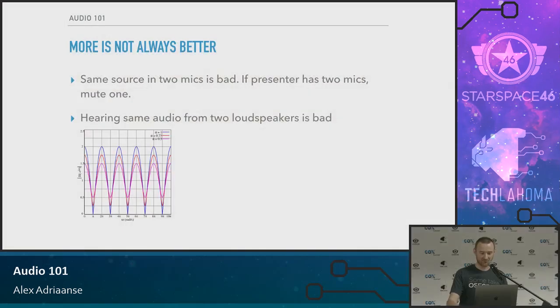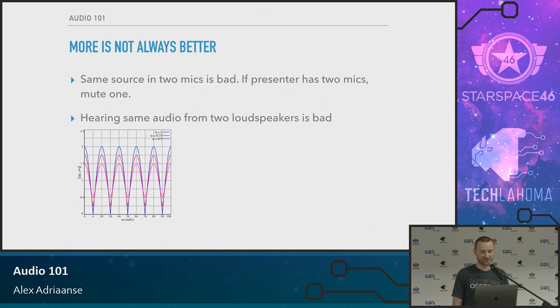Basically, you have sound being picked up by two different mics and mixed together, but the sound is not exactly aligned because one mic might be slightly closer than the other. Because sound travels at a finite speed, it's going to be a little bit delayed on the second mic. And when two waves that are the same have one of them delayed, it causes destructive and constructive interference,